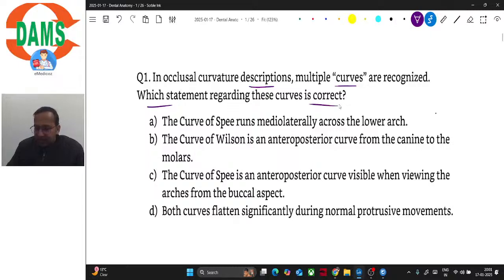Curves is correct. So first statement is the curve of Spee runs mediolaterally across the lower arch, right? The second statement says